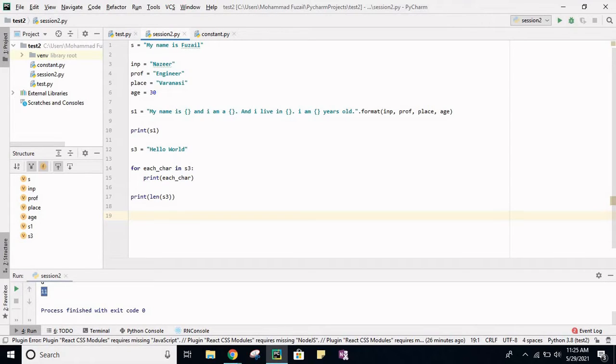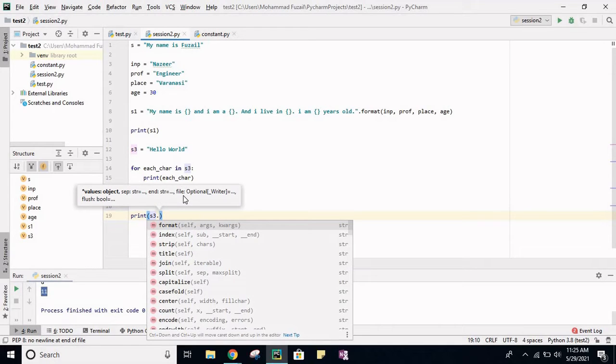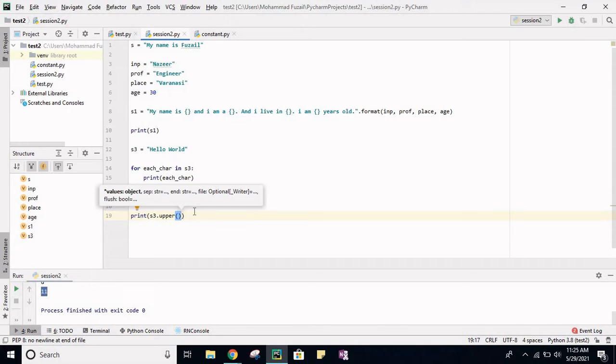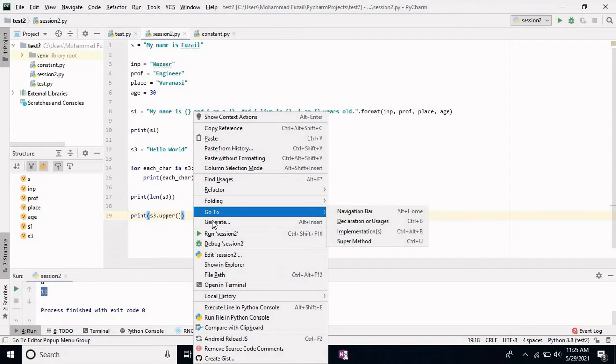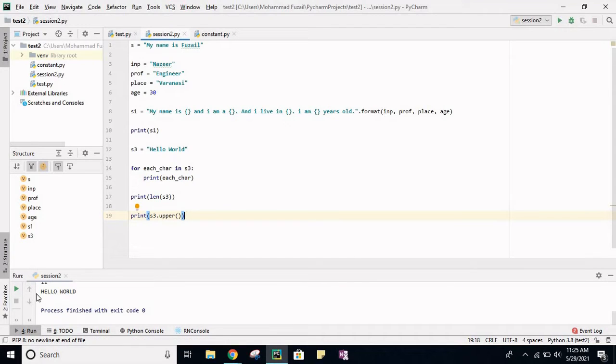So to change the case of a string, let's say we have hello world. I am just printing this same string with the change of cases. So I will call that same string identifier s3, then say dot and then the function. Let's say I want to make it all upper, I will say upper. Okay, so it will convert all the characters to uppercase. See, when I printed it, it is now all in uppercase.